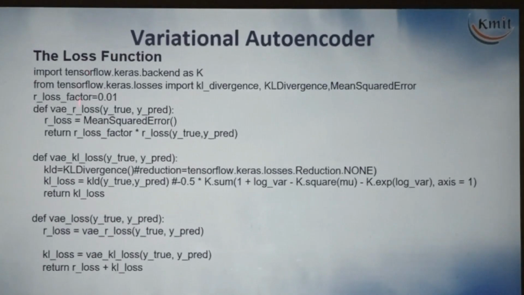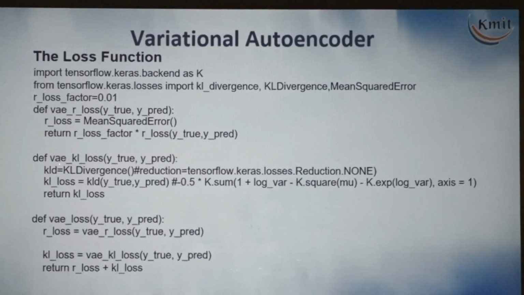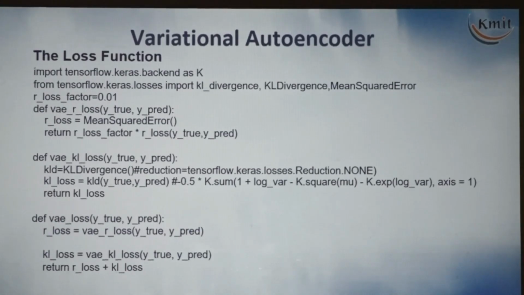Now, to define that, I am defining the loss function like this. First R loss, then KL loss, that is the KL divergence, and then total loss. The total loss we get by combining these two, R loss plus KL loss. By combining those two, you get the final complete loss of the variational autoencoder. But defining these two is a little tricky. R loss is okay. For KL divergence, we have to apply that formula. At least you have to understand what that formula is, that's it.